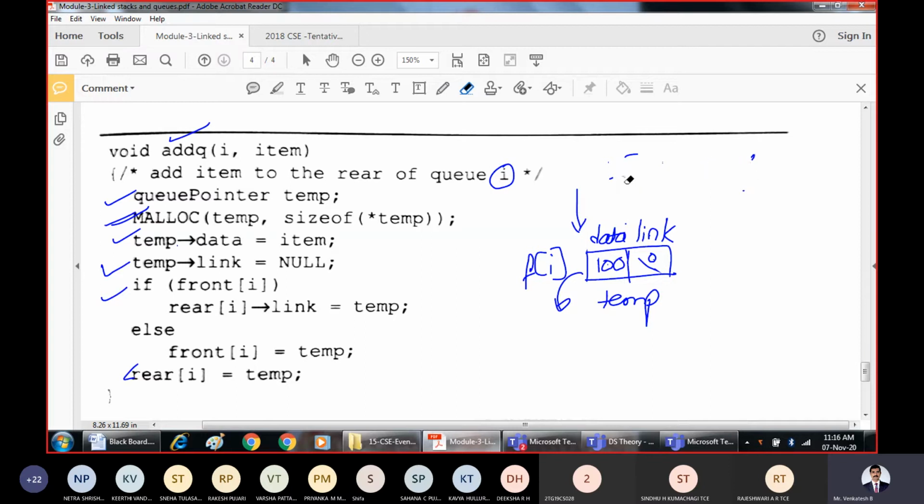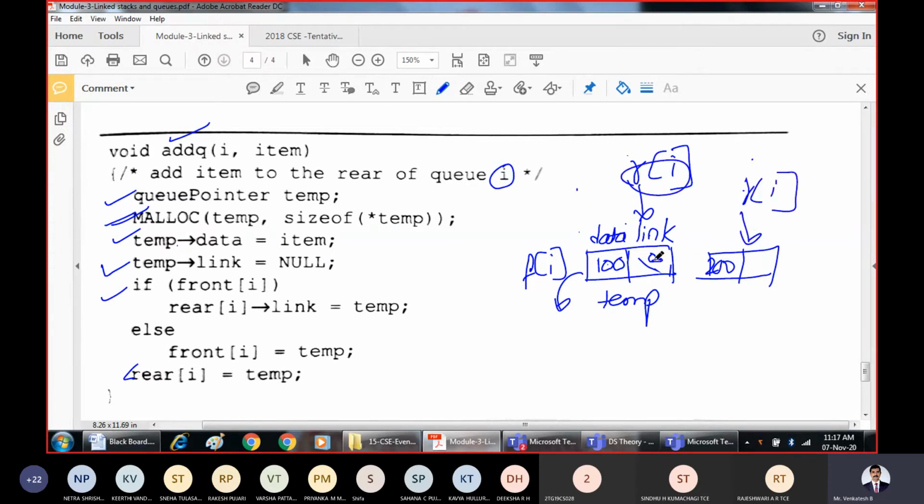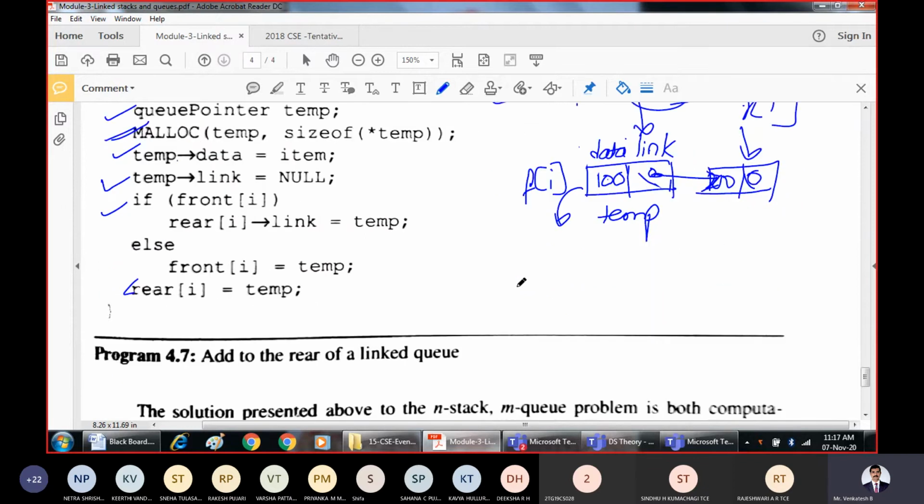That means what you are trying to do is ultimately add this statement. I'll erase these parts because this itself is the very first node. So rear of I. R indicates rear and F indicates front. That is how the elements will get inserted. From the next element onwards, what happens? One more element will be allocated, and 200 will be stored. Instead of pointing here, rear of I will point to this location and this linking will be done, and here null will be stored. That is how add queue works.